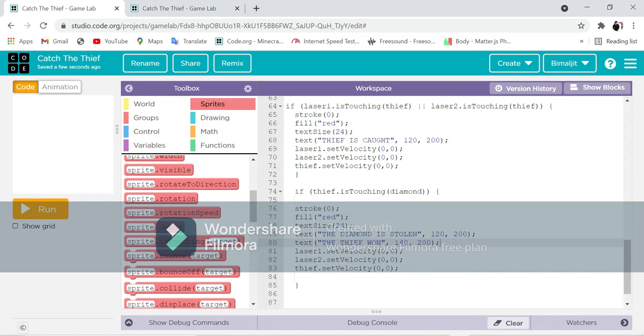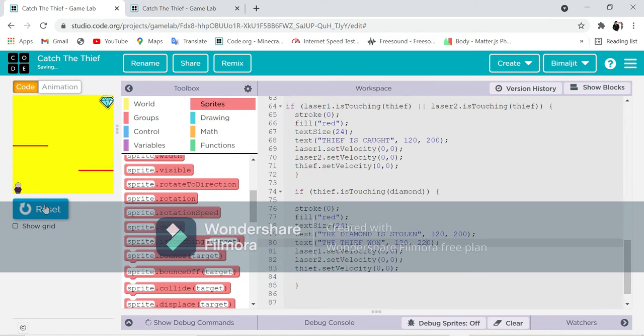The reason is that I changed the X, you have to change the Y. So I will make it 220. You have to keep all these things in your mind while you are making a game, that whatever you are writing isn't wrong.